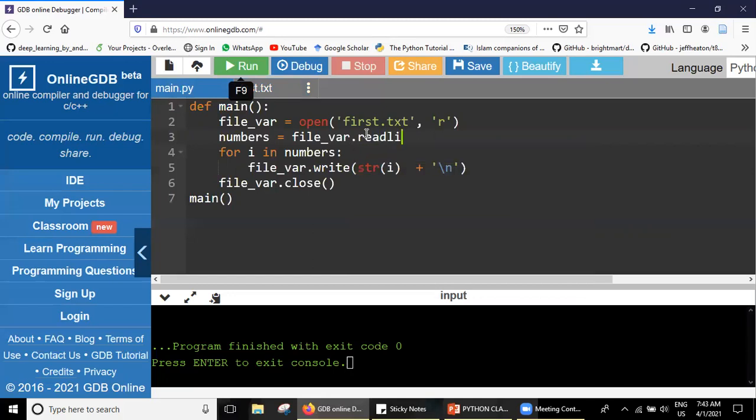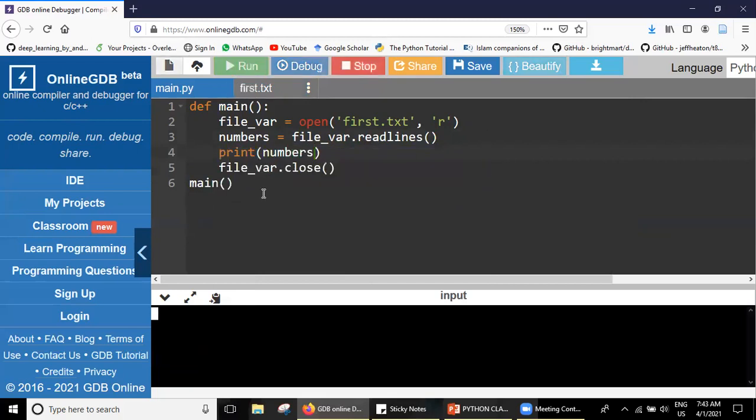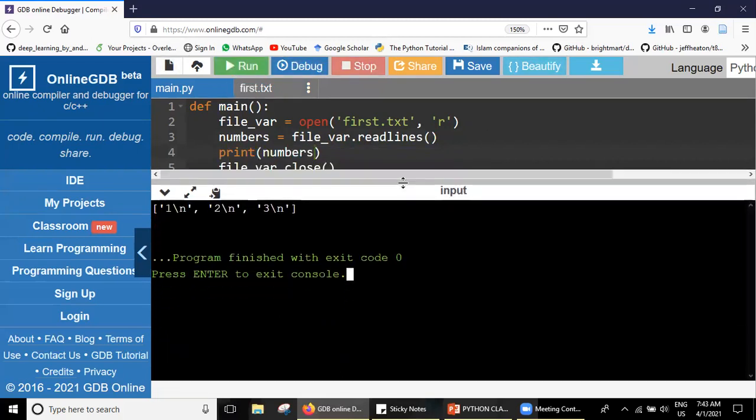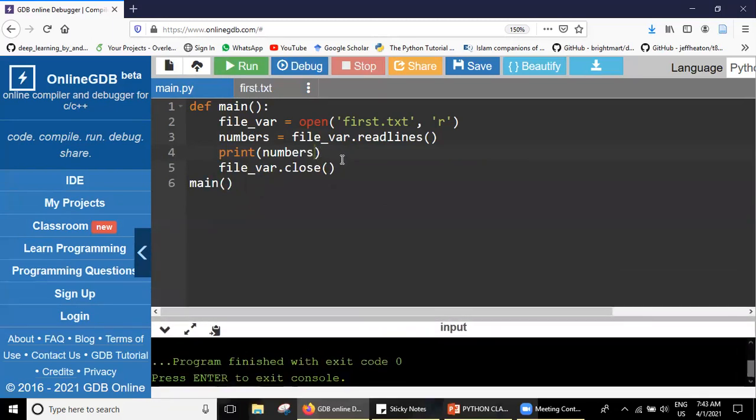This time what I am doing is taking all the numbers from the file using readlines. And if I print the numbers, what happens? We got 1 slash n, 2 slash n and 3. If we don't want the slashes every time, we have to go with the lines of code that we have done. How can we remove the slashes every time?